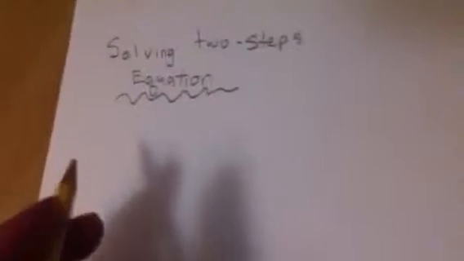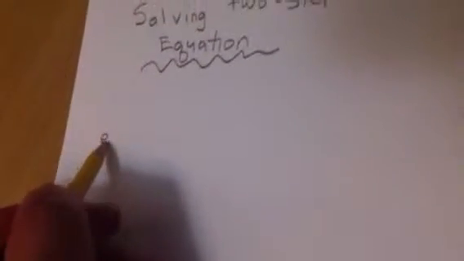Okay. Now, this is solving a two steps equation, and I'll explain the two steps technique. The first technique that I'm going to show you is something called solving it by working your way backwards, and I'll explain that to you also. So, for instance, if I give you an example like this that says